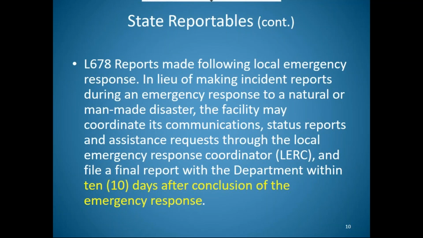And after everything is coordinated through the LERC, they will be contacting long-term care themselves and saying, hey, just want you to know we're involved in this nursing home that has flooding issues. So we will be aware that something is going on. Once all of that is completed, then you can turn in your emergency response and give us all the details about how you contacted them, who you were in contact with, all the different areas that they helped you, and everything that went on with that.